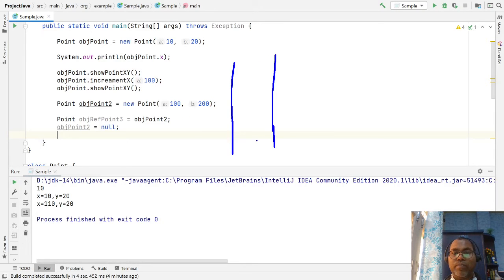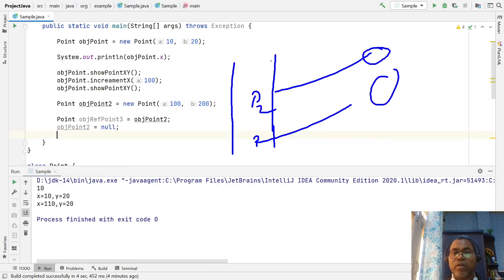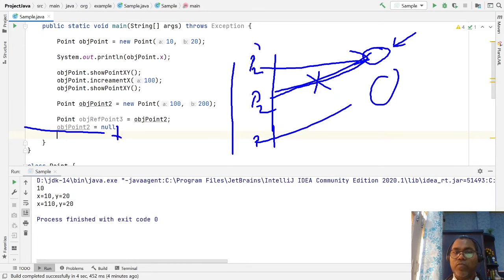Your point 1 points to the object, point 2 points to object 2, and point 3 points to the same object. But here you say point 2 equals null, which means point 2, which was pointing to this object, is now not pointing to any object. Still, this object is accessible from point 3.